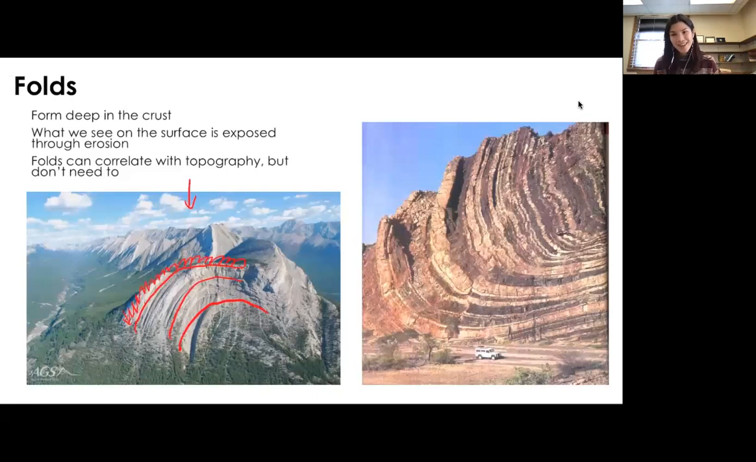Just another spectacular example of a fold here with a car for scale on the right. And these, you can see here, the kind of thick layers have one single fold. And as you get into the middle of the fold, you have layers with slightly different material properties. And so they're able to ductily deform in much tighter folds at a smaller scale than these folds on the